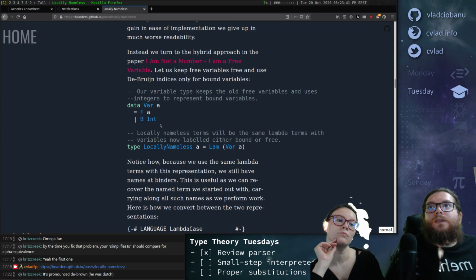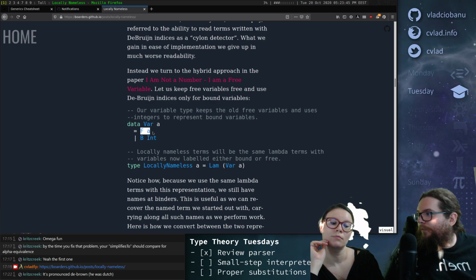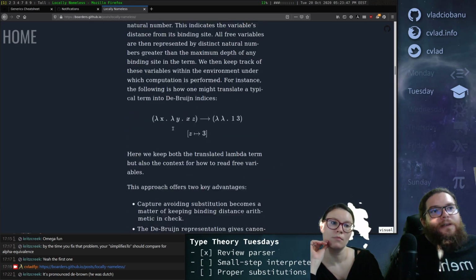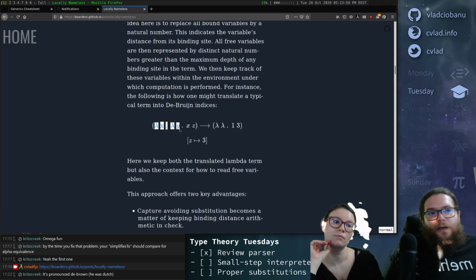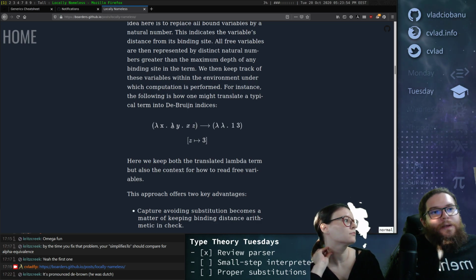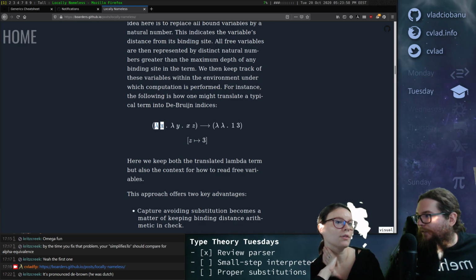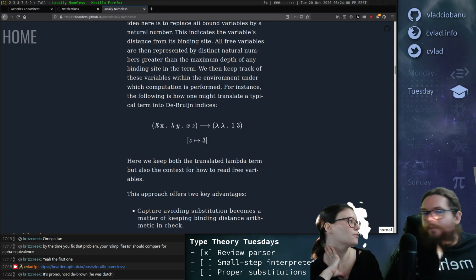And then also in the lambda head, we keep its name. We only replace it in the body, right? So the equivalent here would be, we keep this and we write 1 here and z here, right? And then we can recover the name by looking in the lambda head, because we don't lose it. This is what I wanted to ask.